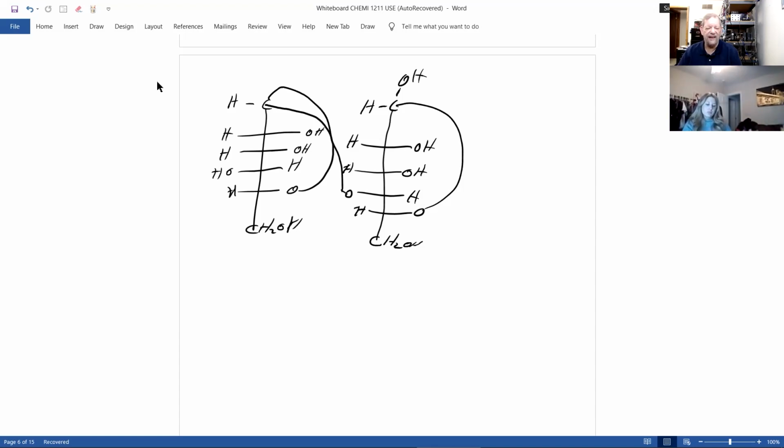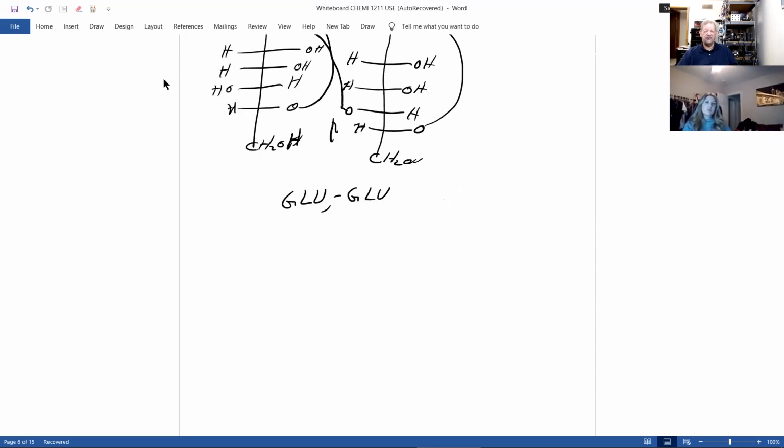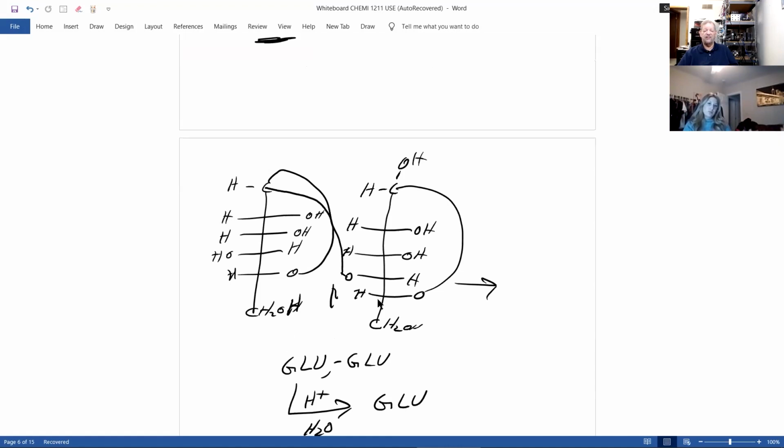Now here, what I have are two glucose molecules bonded together. And right here, that's a hemiacetal or acetal linkage. So the question is, what happens when I react this with acid and water? Well, here you'll get back glucose. I'll get two of them. This breaks just like